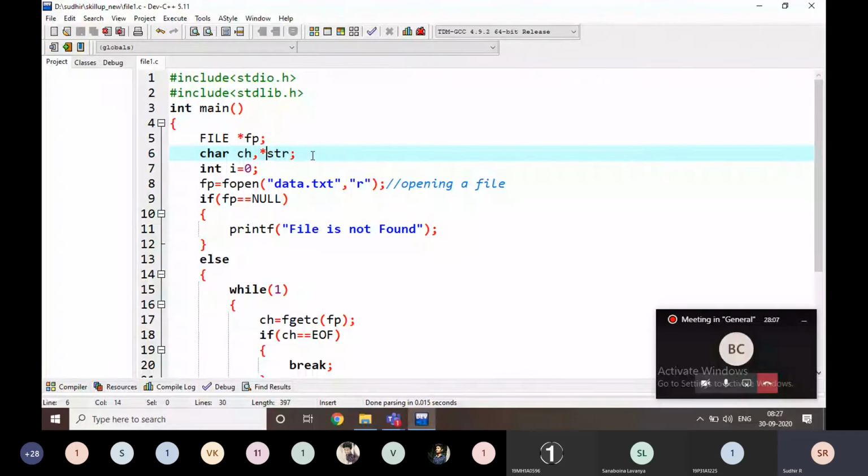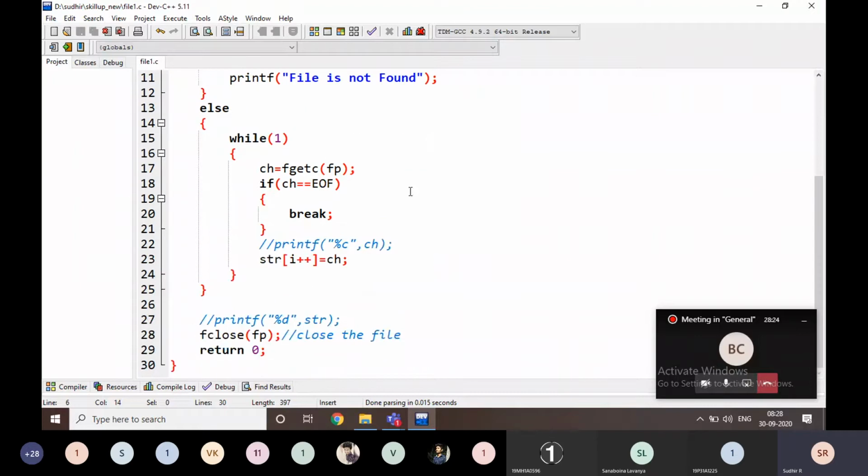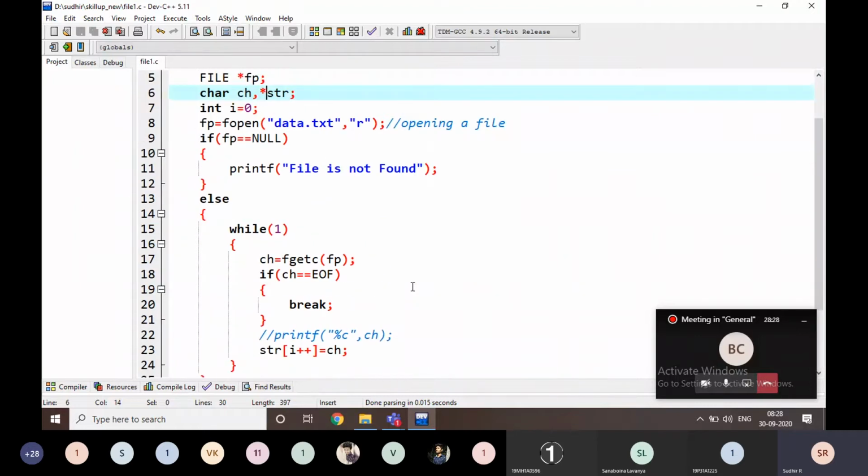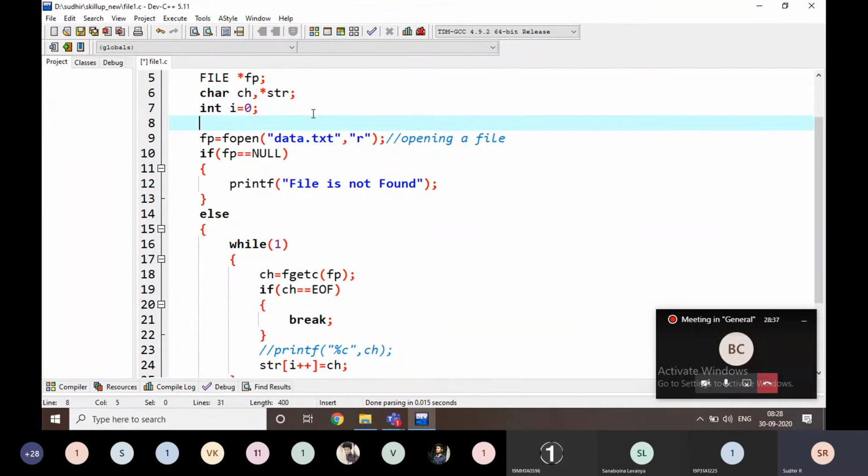Pointer string here. Why am I going for pointer string? I don't know how many characters are there here. I'm going to allocate one character at a time using malloc. Using malloc, I'm going to allocate one character every time in this loop. I'm going to realloc the data again. I will show you how I am doing here. Here I am going to maintain